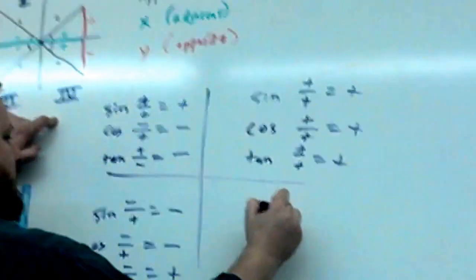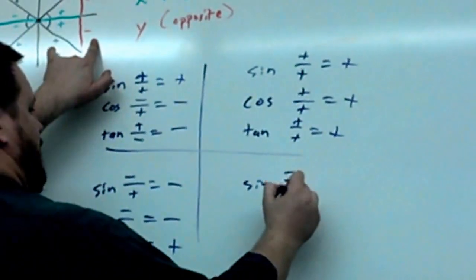Quadrant 4. Sine. Negative over positive. Sine is opposite over hypotenuse,